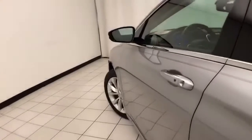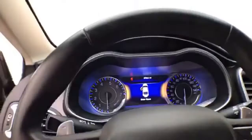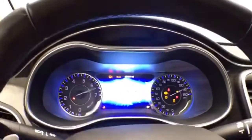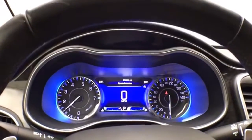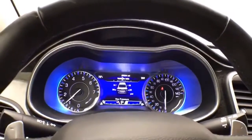This 200C has keyless entry with remote start, power windows, locks, mirrors, power seat. Oh, the tilt and telescopic steering wheel to put you in that perfect driving position. Large, easy to read gauges with driver information system,